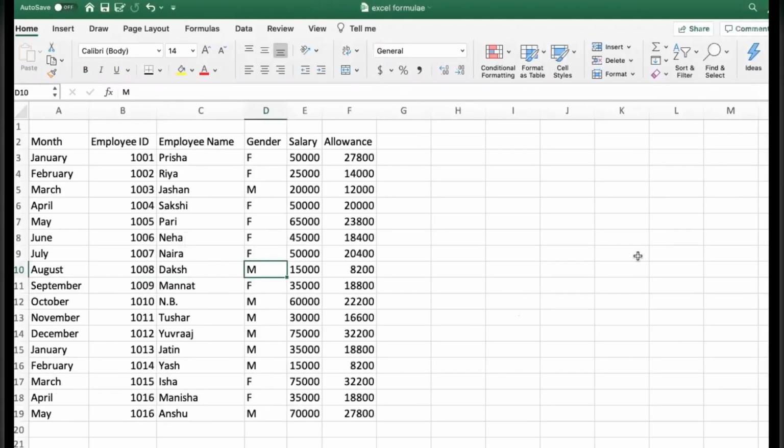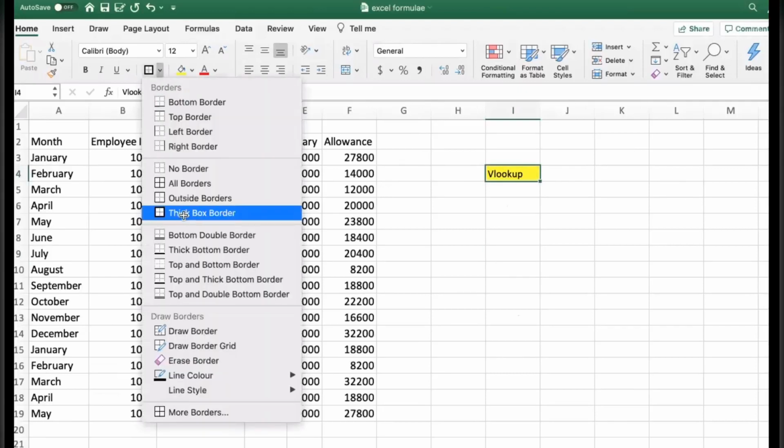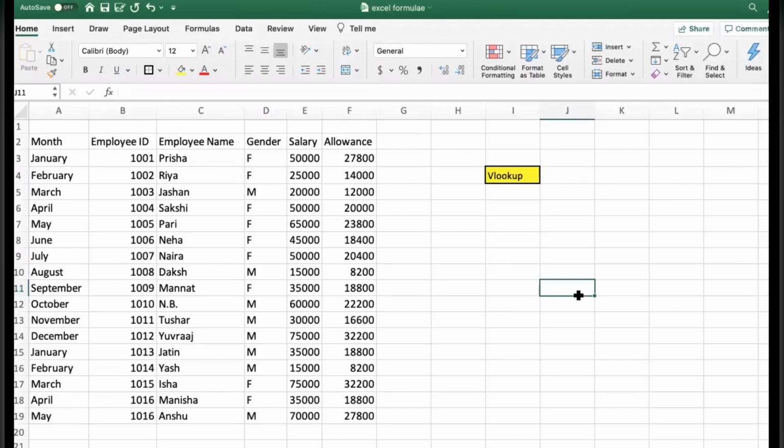Give me a few minutes. Okay, so today we are going to discuss VLOOKUP as I mentioned earlier. I can write over here so that you can get some idea what we are going to discuss today. We will focus on this function, which is the most important function in Excel that we use.